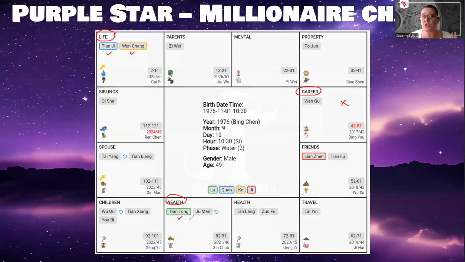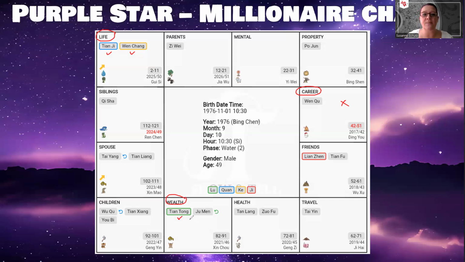Now, once you have found this, and I hope that some of you do, you have what we call a three precious formation. And then the next thing that you need to check is that in those three palaces, so the life palace, career palace, and the wealth palace, there cannot be anything red. Nothing red. There cannot be a red box. There cannot be a red arrow. There cannot be a red circular arrow. Absolutely nothing red in any of these three palaces.